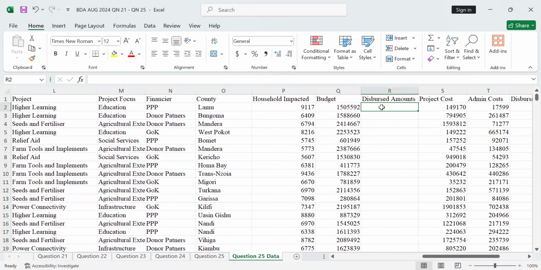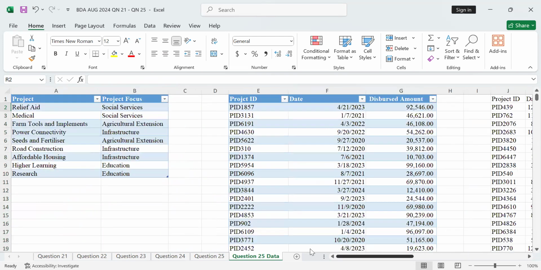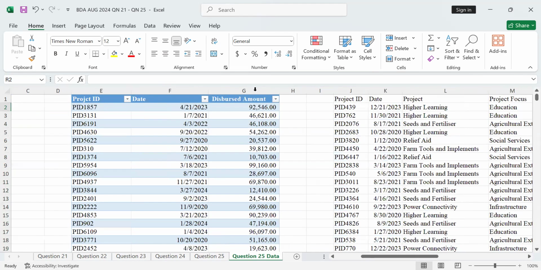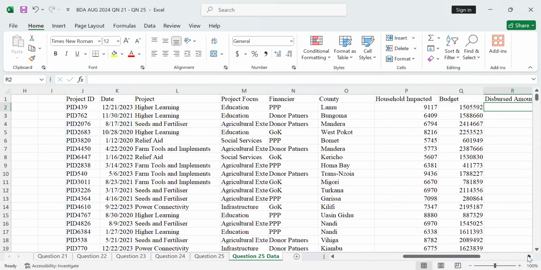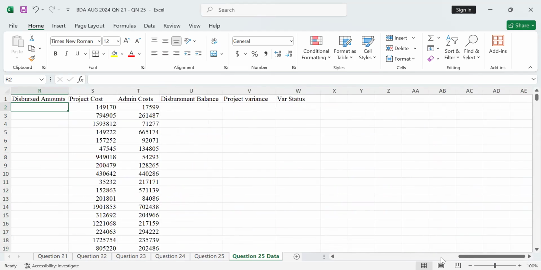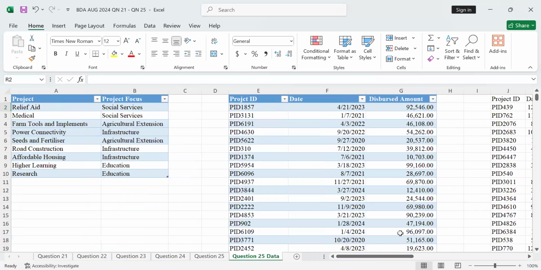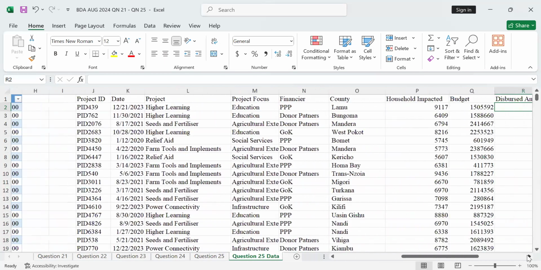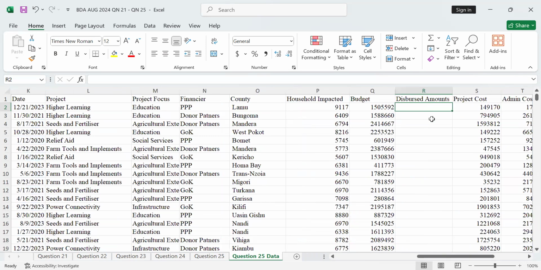It is what we call the disbursed amount. Now, the disbursed amount in this case is also for this project ID. So it will depend on the project ID because of the information that you've been given here. So we want to know, out of each project, how much has been allocated? How much has been disbursed to that particular project? And again, since in this case we've been given the table array, we'll also be able to use what we call the Vlookup. So this is how I say equals